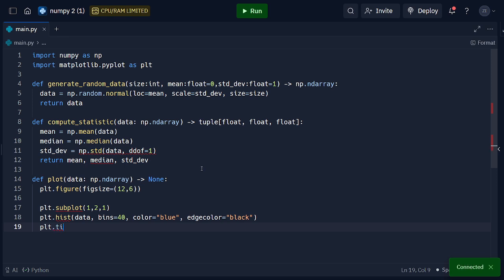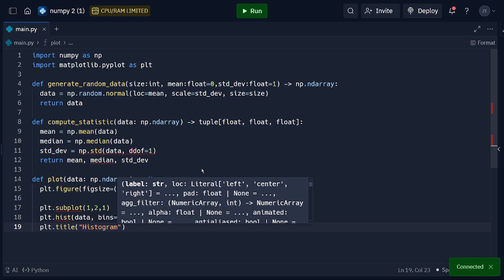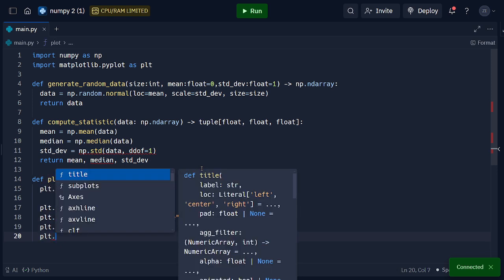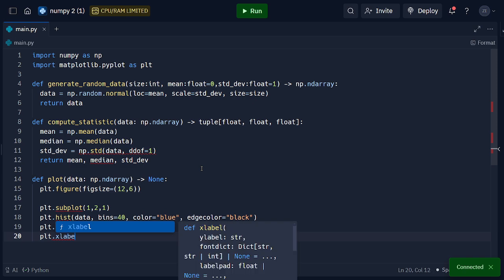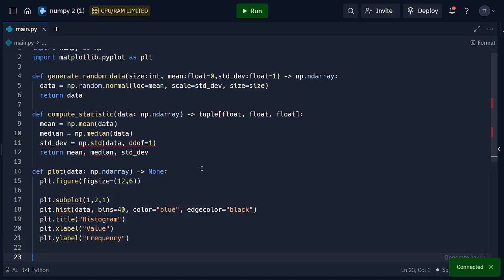Next, add the titles. So the title for the histogram is going to be histogram. You can name it whatever you want. You can also name it what the value is. Sorry, not value. What am I saying? plt.xlabel, that's what I need to do. Now the x label is going to be the value, and the y label is going to be showcasing the frequency. So let's name them accordingly and move on to the next subplot, which is going to be the box